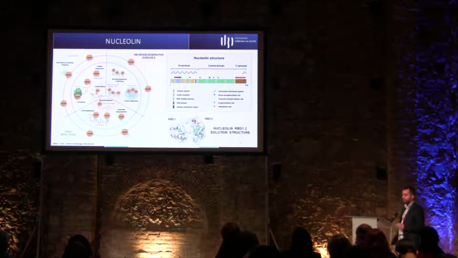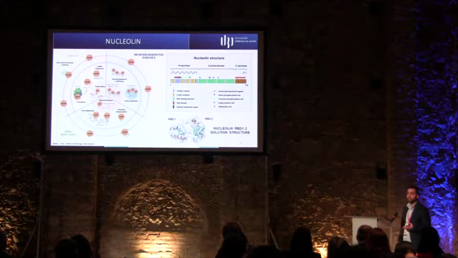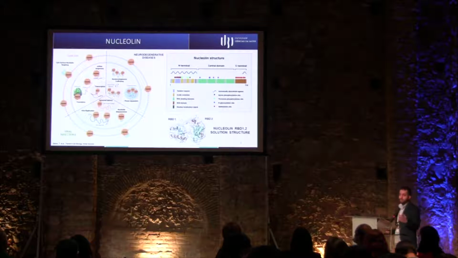The protein also undergoes post-translational modifications such as methylations, glycosylations, and phosphorylation, which in addition to the long disordered regions make the expression of the protein difficult. Because of that, until now, only the solution structure of domains 1 and 2 of the protein has been studied. Indeed, this region is the most important for the G-quadruplex recognition and binding.